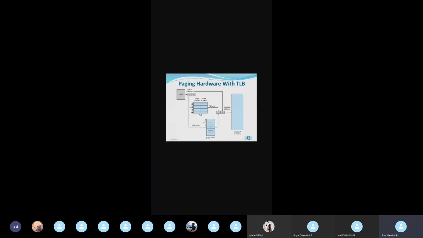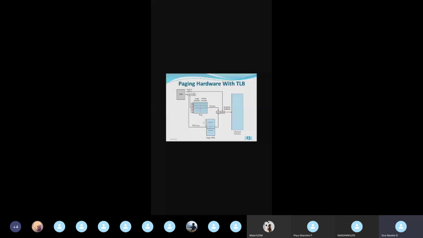In the previous case, we looked into the page table. Here we are using the translation look-aside buffer, TLB. In the TLB we'll check: it also holds the corresponding page number and frame number, that is, in which frame of the physical memory this page is available. For example, if we have page 3, the TLB will search for 3, and where 3 is found, the corresponding frame number will be sent to the physical address.